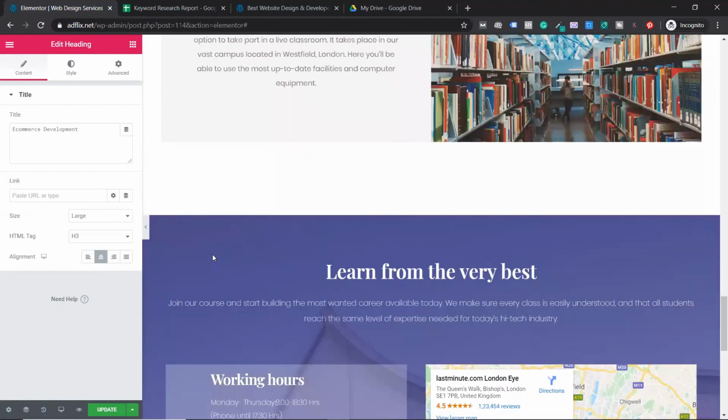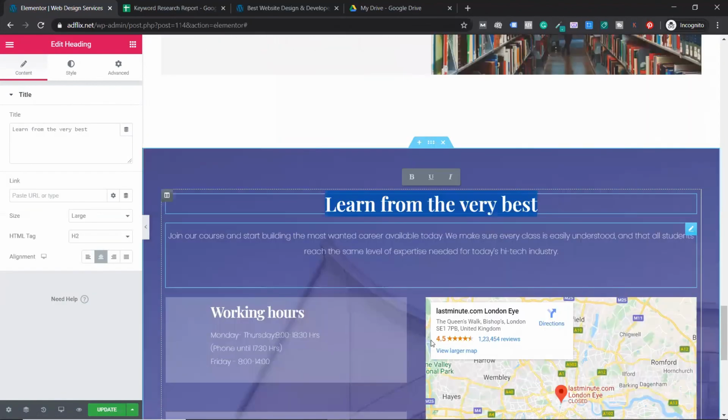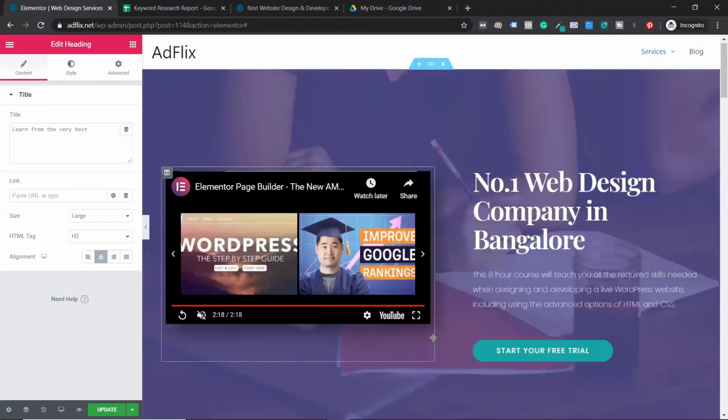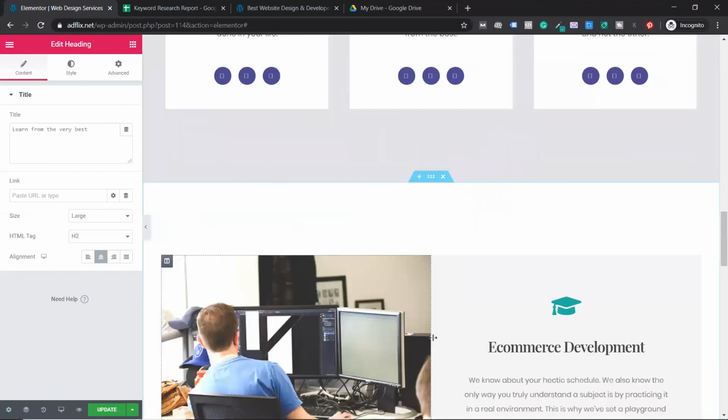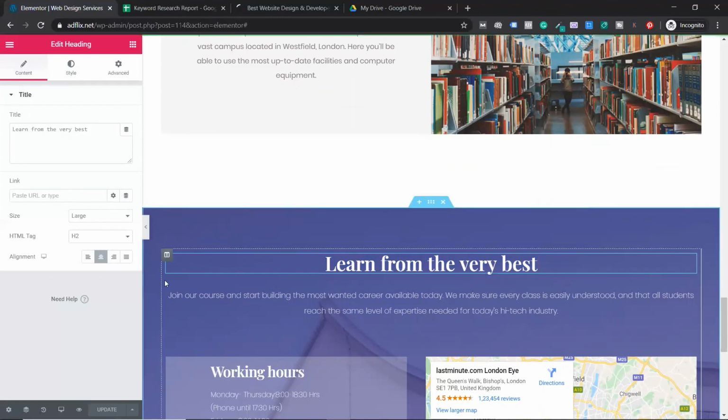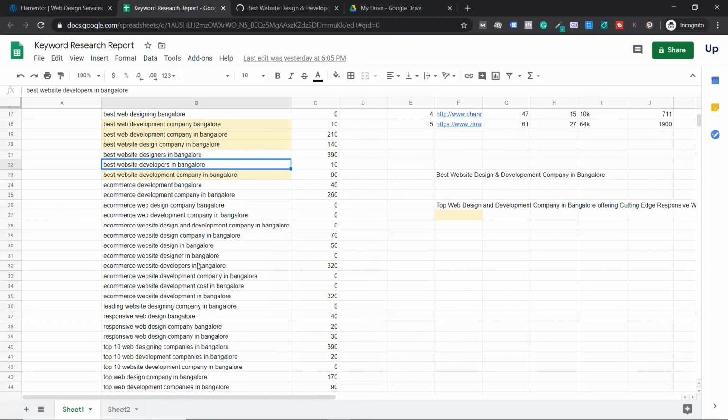Now like this, you have to go through every single section of your pages, and then add your H1 tag once, and H2 and H3 as often as it's required. Wherever it is required, you can use this. Okay, and afterwards you click on update. And that's it, guys. This is the aspect of optimizing heading tag, but keep in mind this should be done for every page. Every page you have to find few keywords